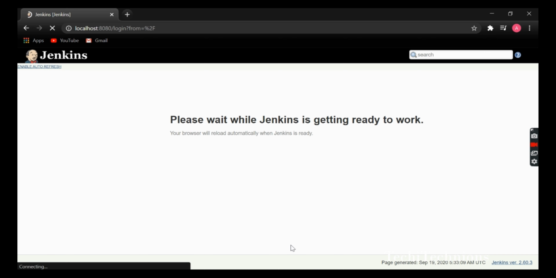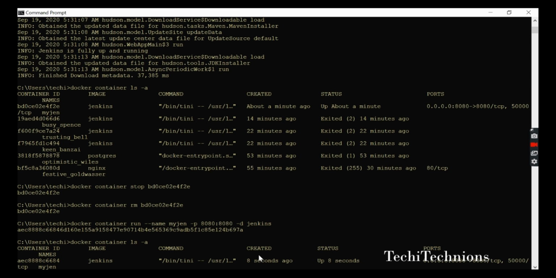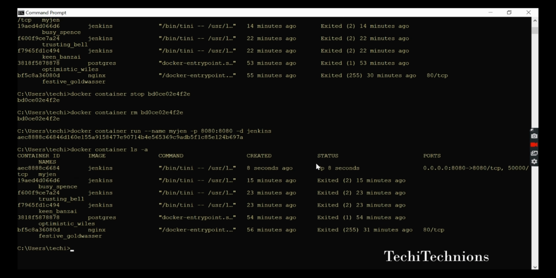Right now I won't get any password, so it's a problem for me, but it was just for illustration purposes, for images having no password requirement, you can directly run it in detached mode and start.